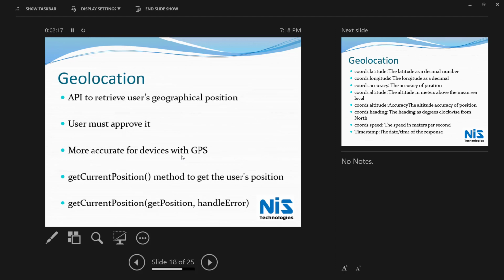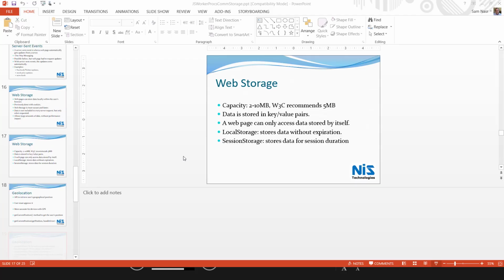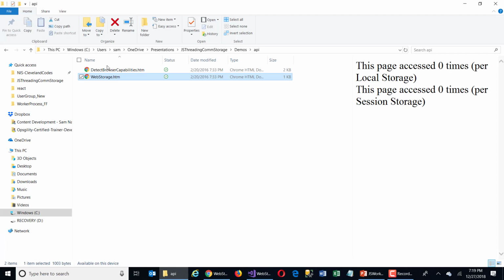So it's an API call. Once we make the call, we are able to utilize get current position, which is a method to retrieve the user's position, or we can, in addition, get the user's position and specify the error handler that's going to handle any errors with that. Once we get the user's location, then we have the coords object, and the coords object will give us latitude, longitude, accuracy, altitude, heading, and speed. So we have all those properties available to us through the coords object. And to see an example of the geolocation,